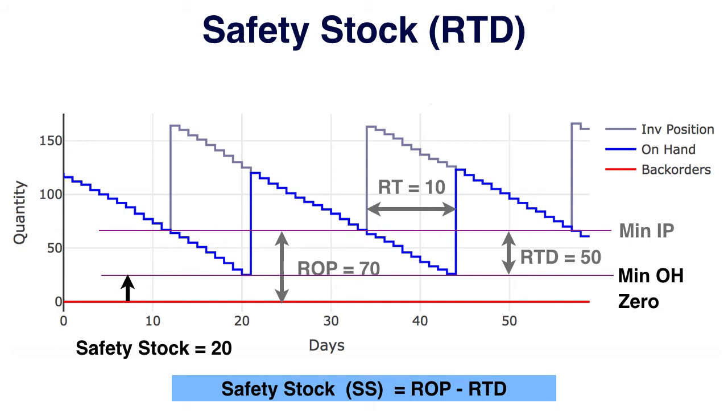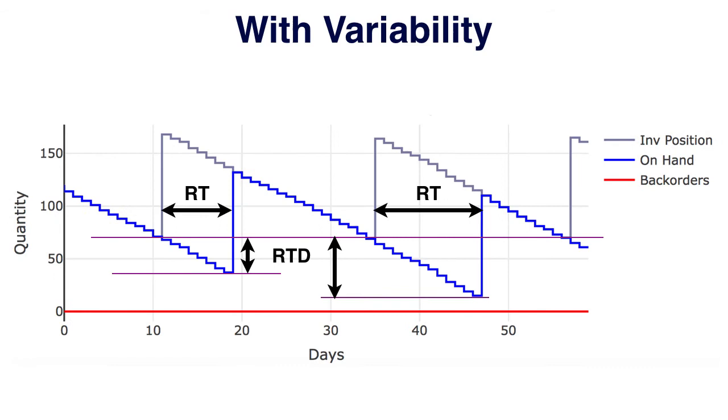All right, now you might have noticed that this is pretty much uniformly going up and down. There is not much of a variation in the demand, and there's no variation in the replenishment time. But really, in the real scenario, you will have demand variation and you will have variation in the replenishment time as well. And so if I introduce variability and simulate this once again, I get a chart something like this,